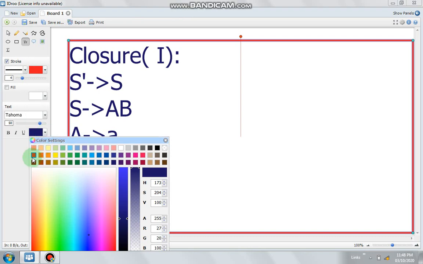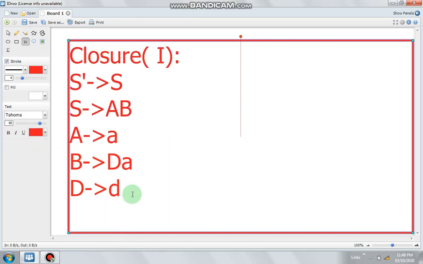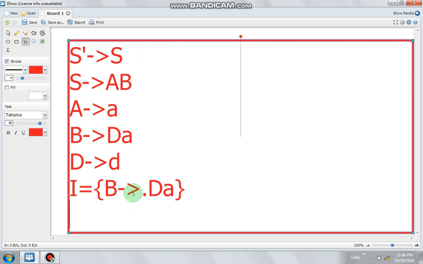Just a moment, let me change the color of the text. Suppose I equals B derives dot D A. Okay, dot D A, and you are asked to find out closure of I. So what would be closure of I?